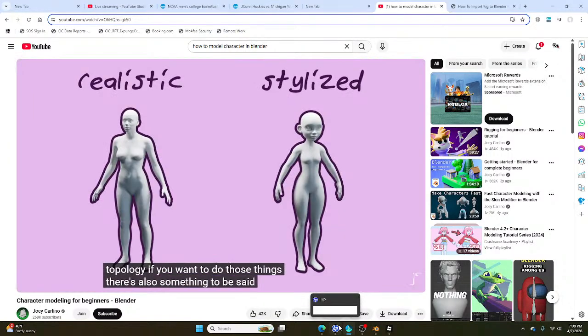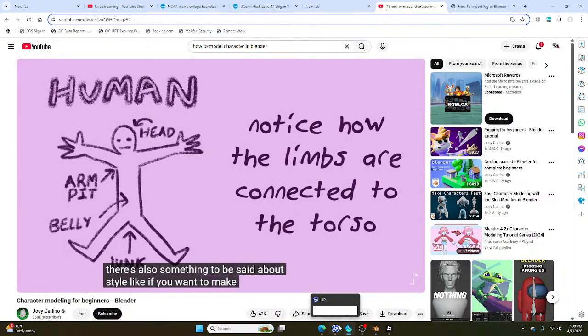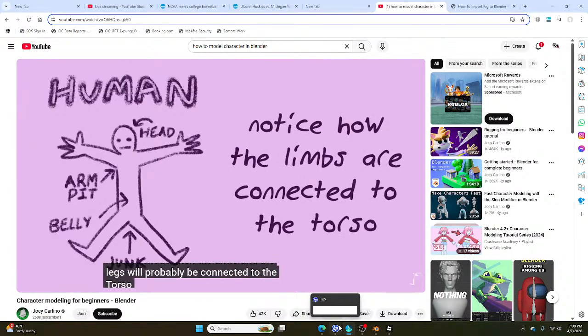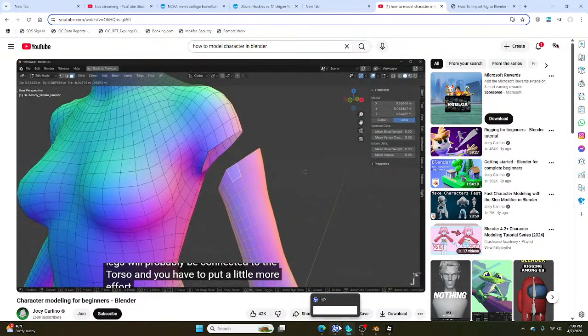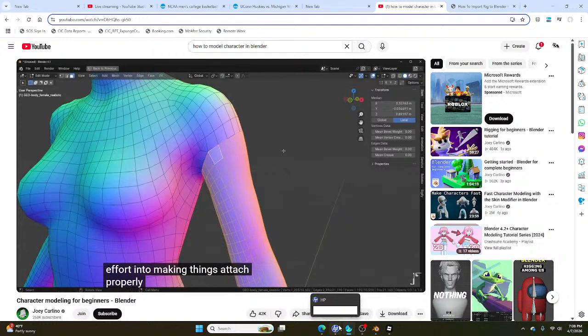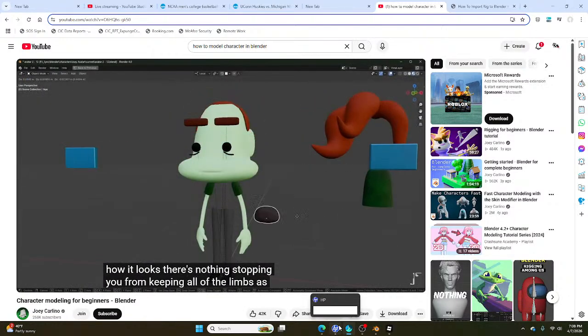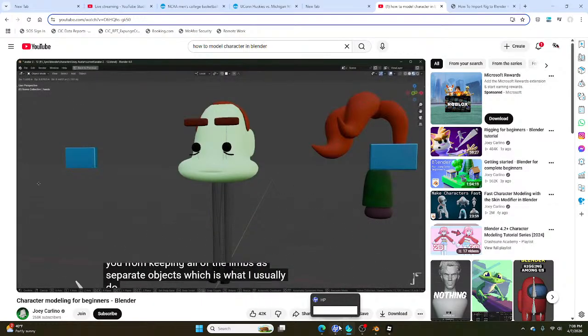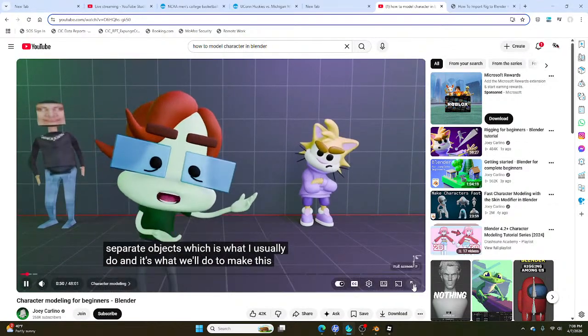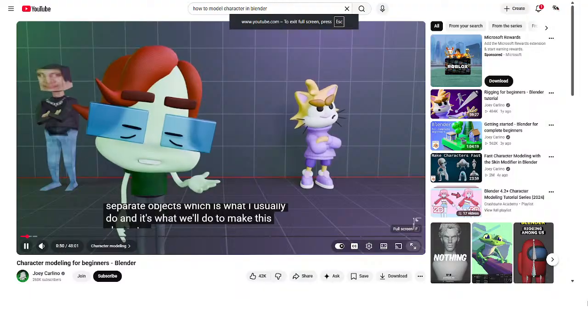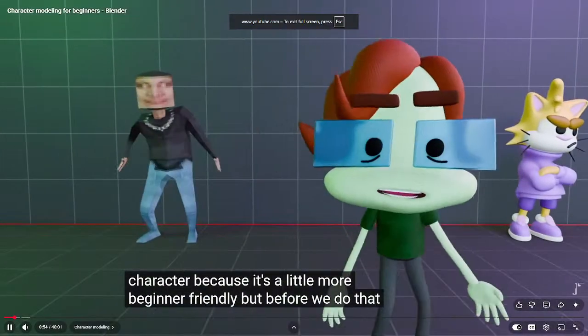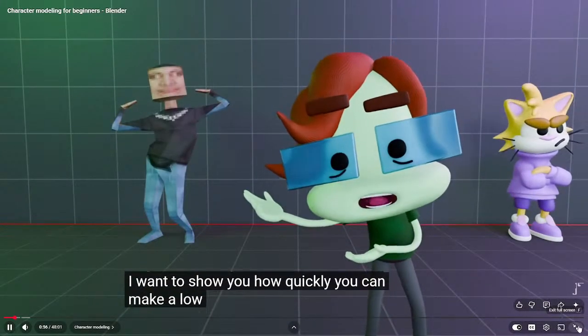There's also something to be said about style. If you want to make a more realistic model, then the arms and the legs will probably be connected to the torso, and you have to put a little more effort into making things attach properly. But if you're alright with how it looks, there's nothing stopping you from keeping all of the limbs as separate objects, which is what I usually do, and it's what we'll do to make this character, because it's a little more beginner-friendly. But before we do that, I want to show you how quickly you can make a low-poly human